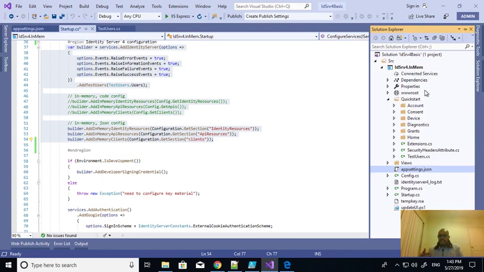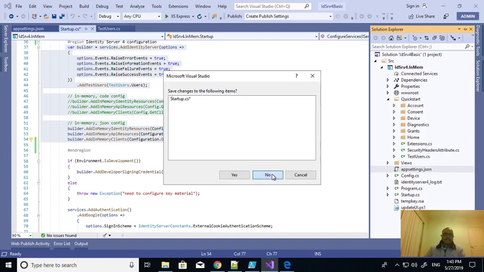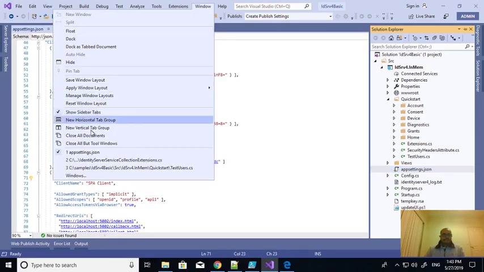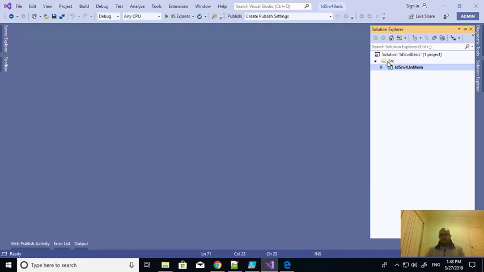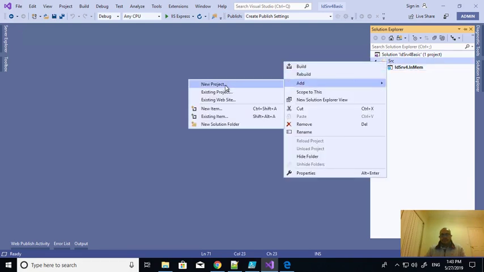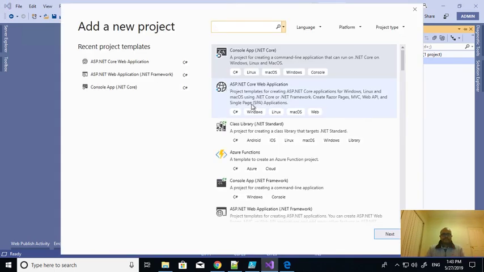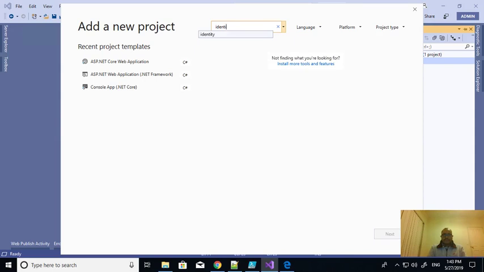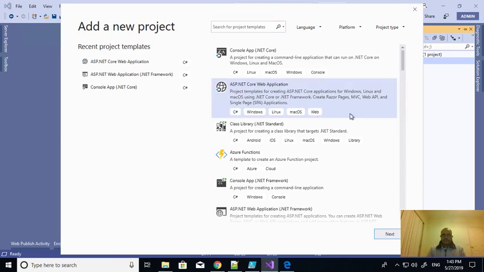So I will be going to create a client to use this identity server. I can create it from here directly. Now I will create. So I'm taking a Core web application. I'm selecting this one, and if I try to search for the identity server templates, the 6 templates we saw from the command prompt, you can't find them here. That's why we went to the command prompt to create all of those. So I'm selecting this template,